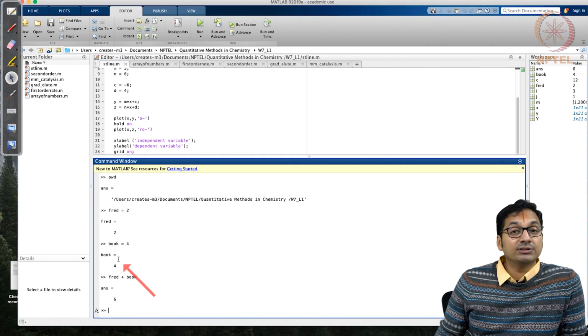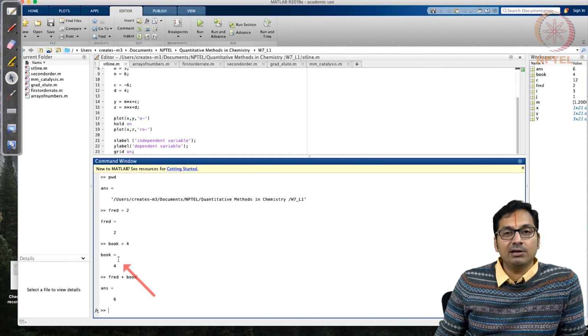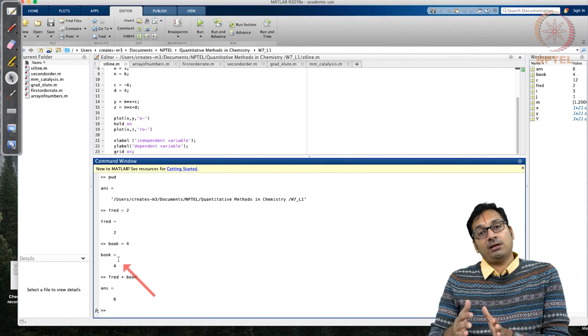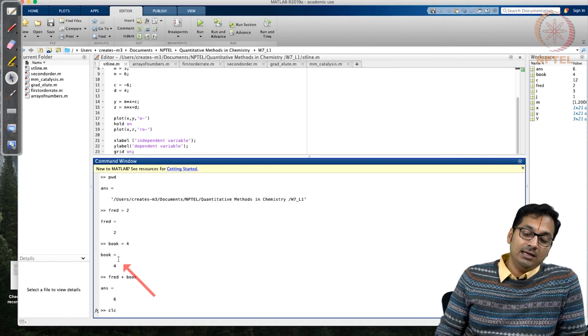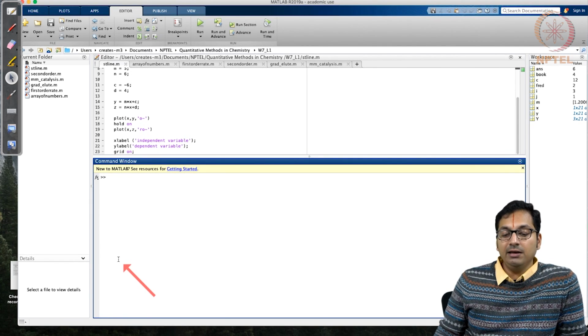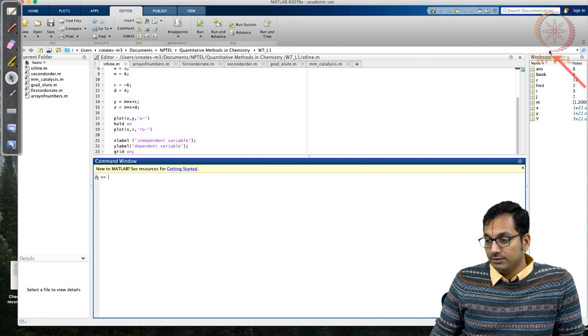You might always argue, okay, why am I doing this? This can be done with a calculator. You're going to be asking how this can be expanded across a lot of numbers. The command clc stands for clearing the screen, and then there's one important space that you see here, which is called the workspace, and in the workspace you have all the different variables.